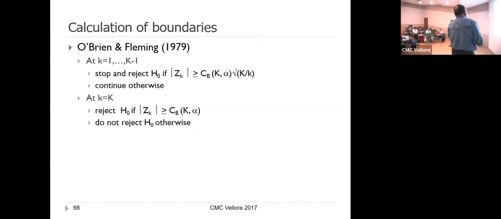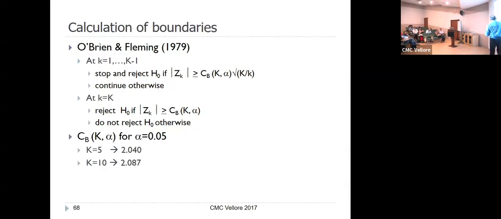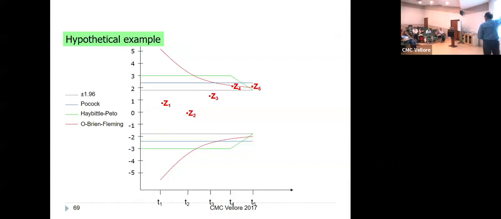And they say, we will have a smooth function of the boundary that will be decreasing as the number of looks gets bigger. So we have 5 looks, and the first look, this is now the square root of 5. But the second look, it's 5 divided by 4, and by 2. So that is 2.5. That is divided by 3. That is divided by 4. That is divided by 5. That's 1. And then I get that at the last one. So it's a smooth function that at the end is slightly more than Haybittle-Peto, but it's also close to 1.96. And it looks like that.